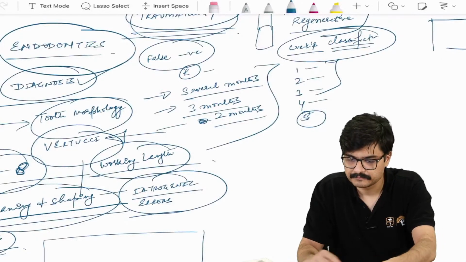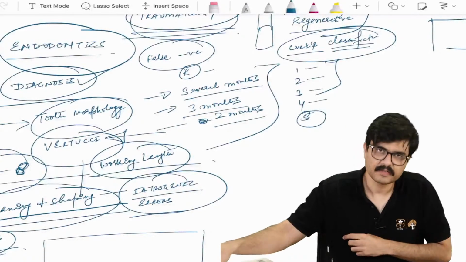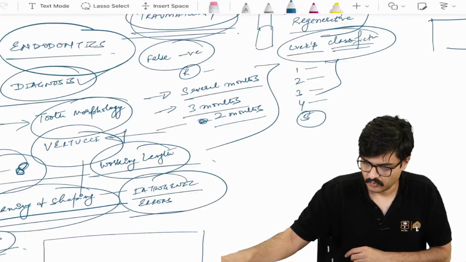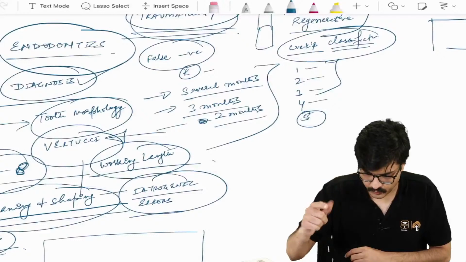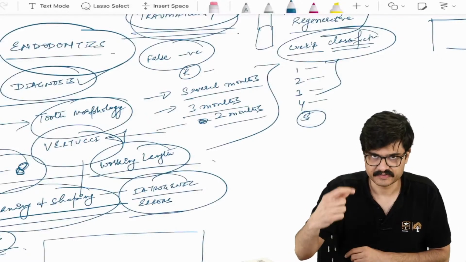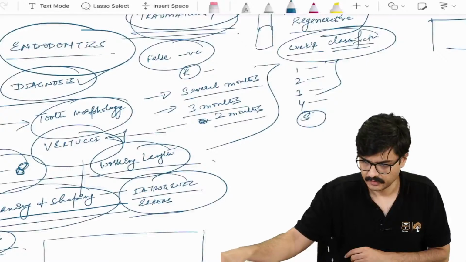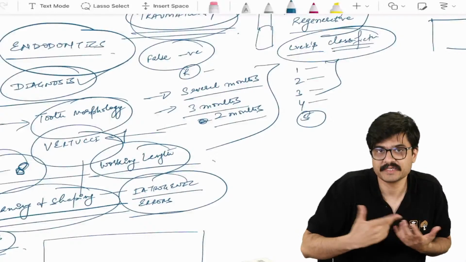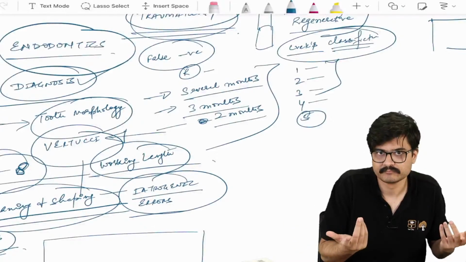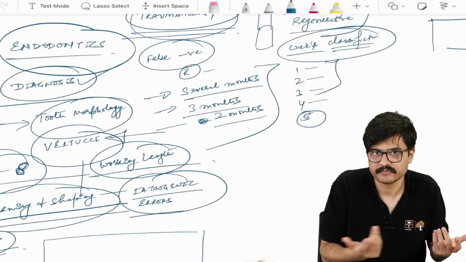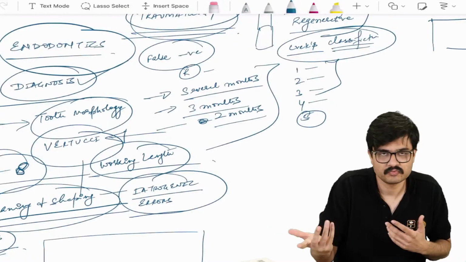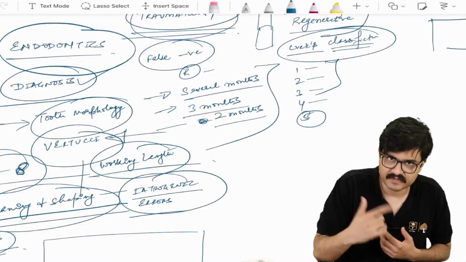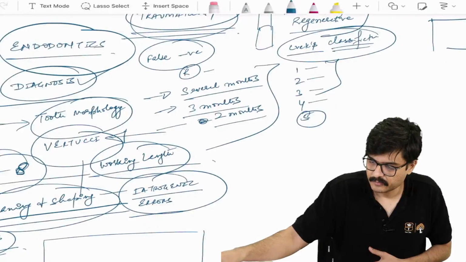And regenerative endodontics, I told you that would be a clinical based question. Iatrogenic errors always have to be done in combination with cleaning and shaping. Management of hypochlorite accident. How far do you need to keep your side vented needle from the working length so as to ensure that you don't extrude hypochlorite into the periapical tissues? Same for open-ended needle. I've discussed this again and again in your classes, in your morning motivation.